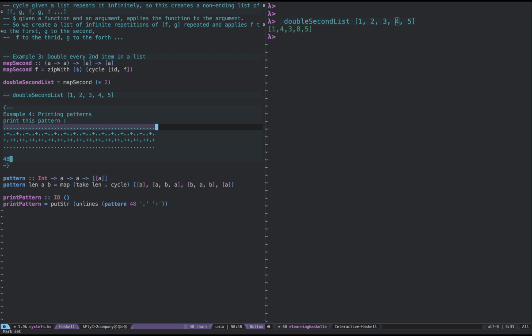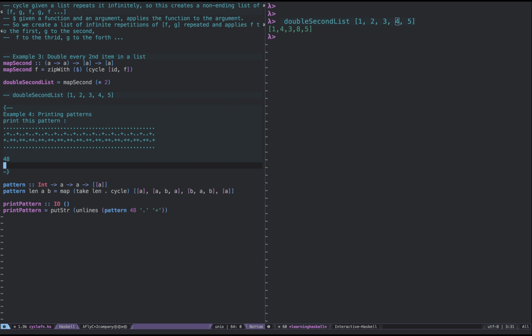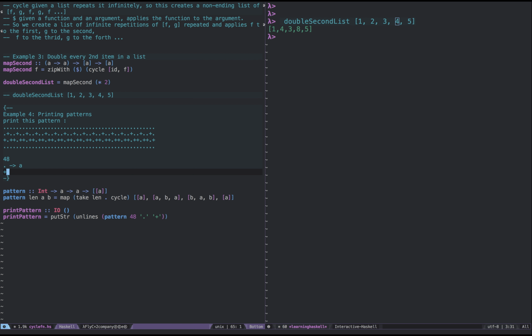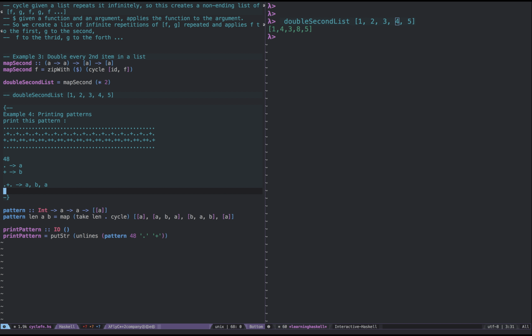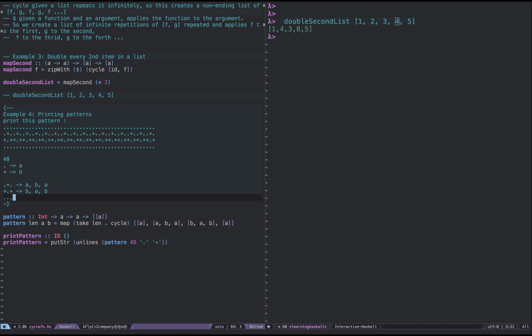So that's a list of that element, represented by A. And for the second, it's dot plus dot, which means in our case here, dot is A and the plus is B. So this pattern here is just A, B, A. And this pattern here, since plus is B, is just B, A, B. And the pattern where we have just dots is just A,